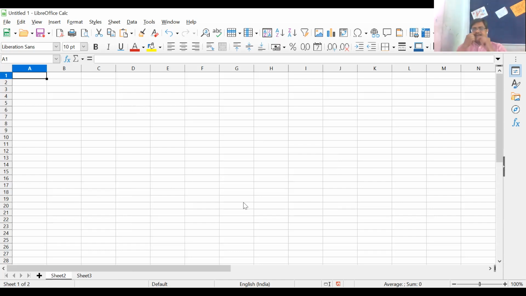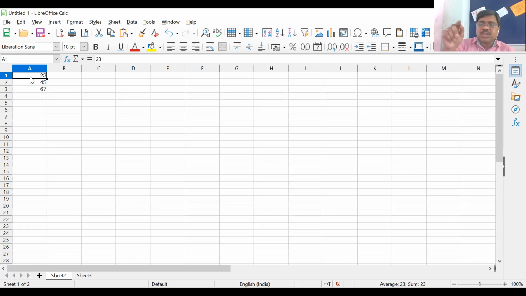Now the next part, related to your cell contents. Suppose I have written some values. If I have to select these three values, I can take the help of the mouse or the keyboard.